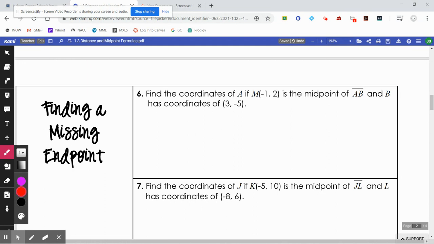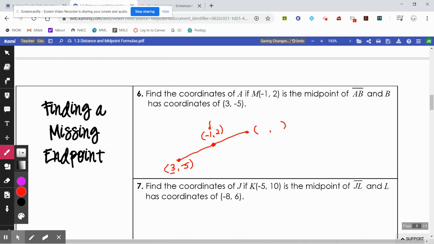Here it says you have a line segment, and it gives you one of the endpoints, and it gives you a midpoint. It says one of the endpoints is at 3, -5. The midpoint is at -1, 2, and it asks you to find the other endpoint. And all you have to do in order to find that other endpoint is look at your x values from